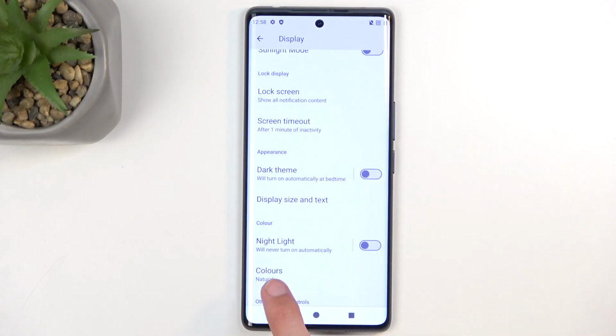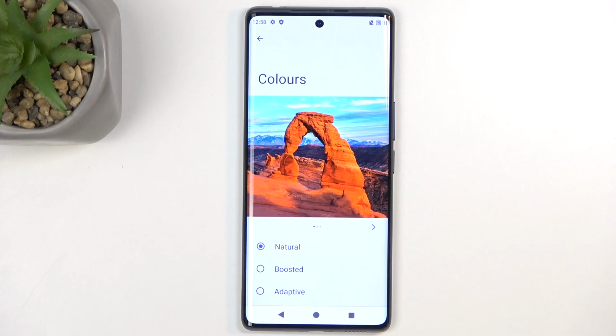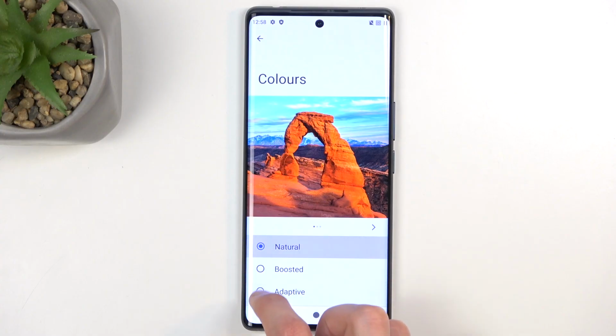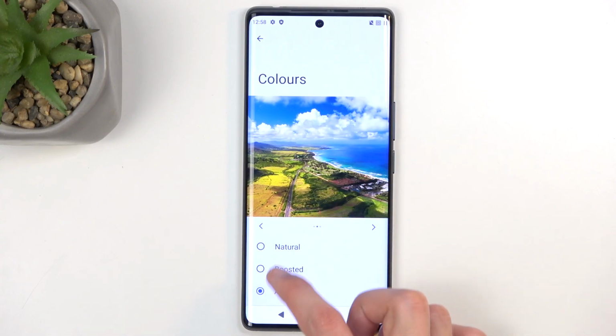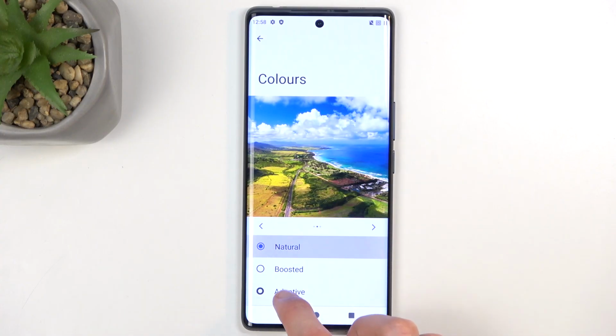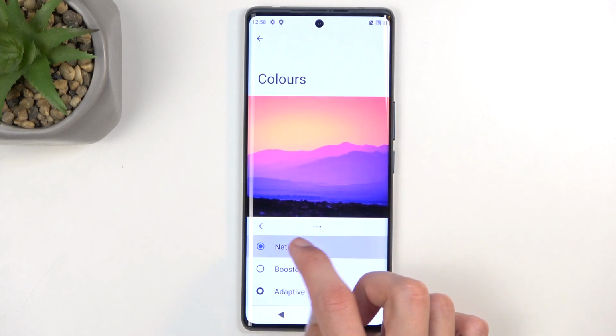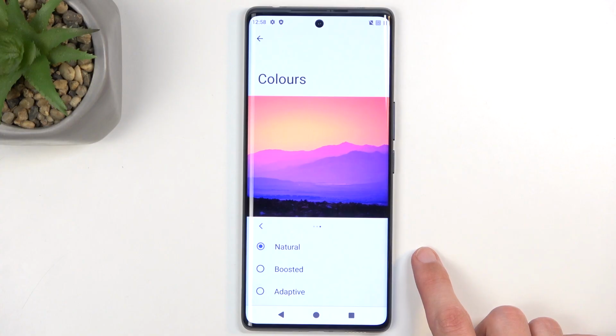But scrolling a little bit further down, we have colors. And here you can choose how saturated your display looks. So we have natural, we have boosted, which is even more saturated, and then we have adaptive, which is, yeah, almost identical, at least I can't really spot the difference. Yeah, I just genuinely can't see a difference between adaptive and